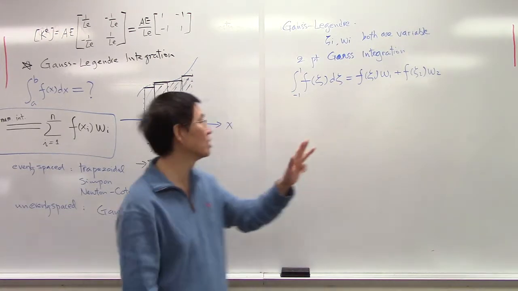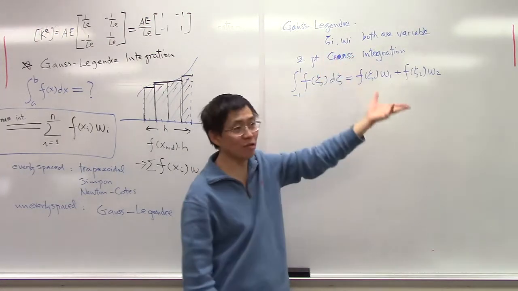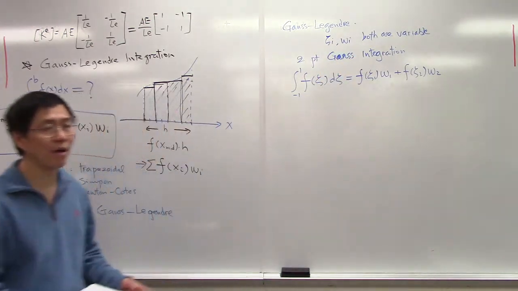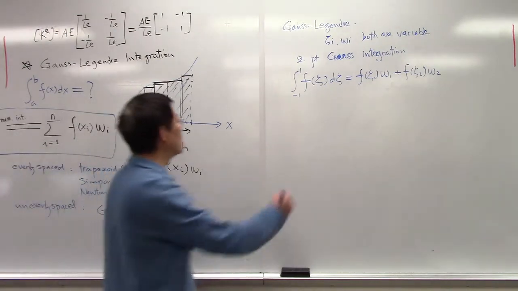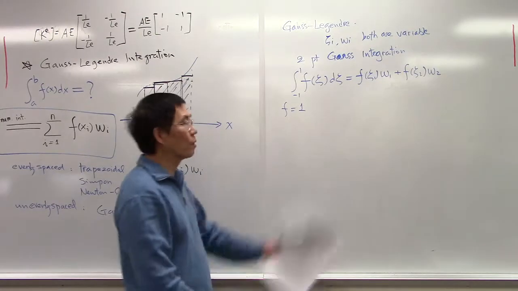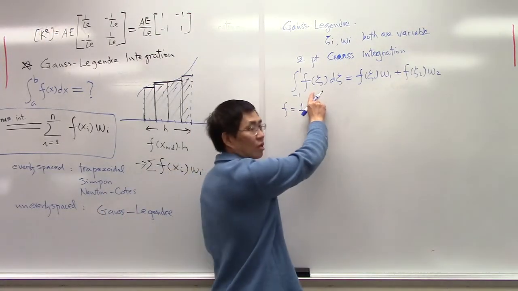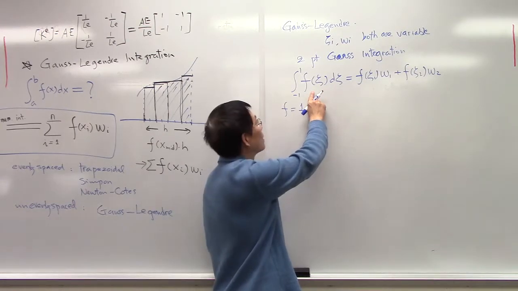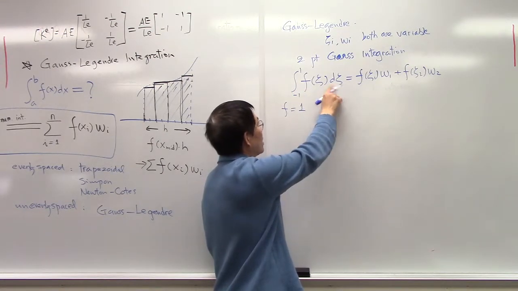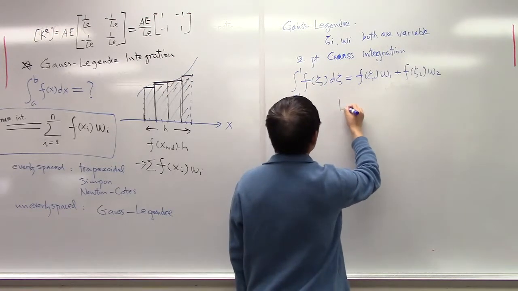4 types of functions, so I have 4 conditions. I have 4 unknowns, so I can possibly satisfy that. Let's see if that is true. When f is equal to 1, we require the formula to be accurate. And we know that the integration of this 1 with respect to theta from -1 to 1, the left-hand side